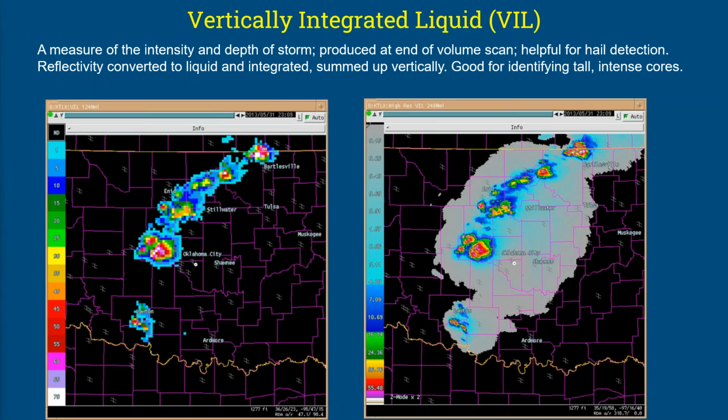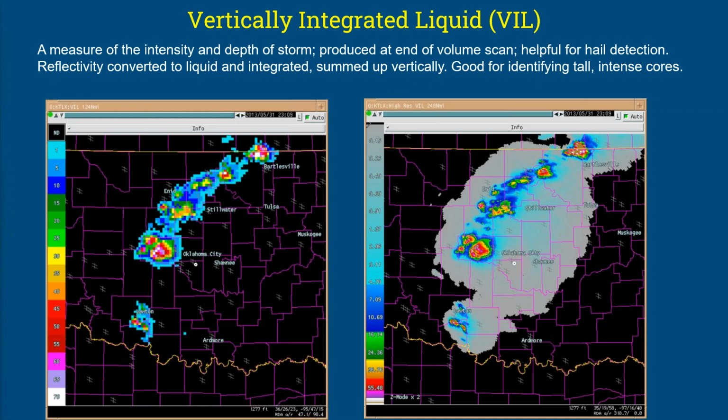This vertically integrated liquid has some similarities. Essentially what it's doing is taking reflectivity at all those levels and adding them up. It's converting the reflectivity to liquid and then summing that up. So a high vertically integrated liquid, or VIL, indicates a very intense core of rain and perhaps hail extending